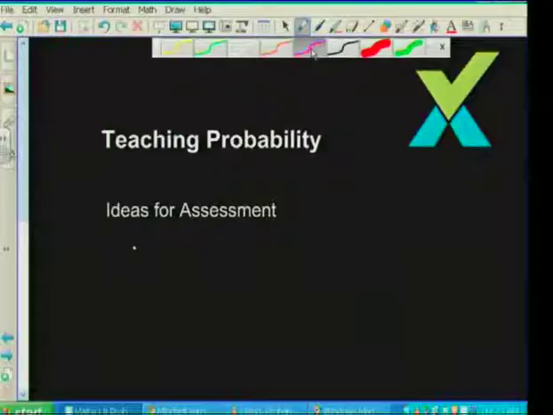Now, when we come to this section, shown earlier, what the section requires is a discussion with learners about the idea of chance, the idea of probability. What does it mean? And now we're going to change our focus of attention to talk about the assessment of probability. Now, the first thing that I want to mention here is that if we look at the CAPS document,